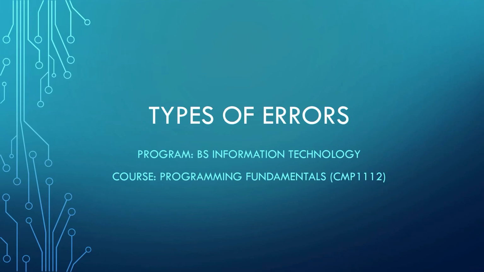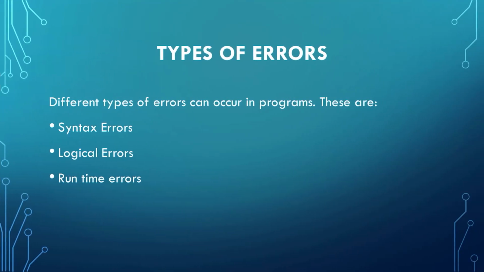Today we are going to discuss different types of errors. When we write a program, we go through different steps and one of those steps is debugging. An error in a computer program is known as a bug and the process of finding and removing bugs is known as debugging. We have different types of bugs or errors in our programs, and these can be syntax errors, logical errors, and runtime errors. And today we are going to discuss all of these errors.